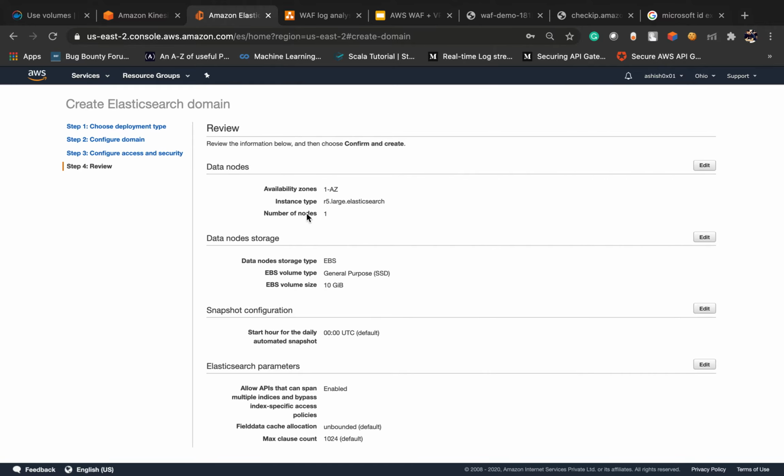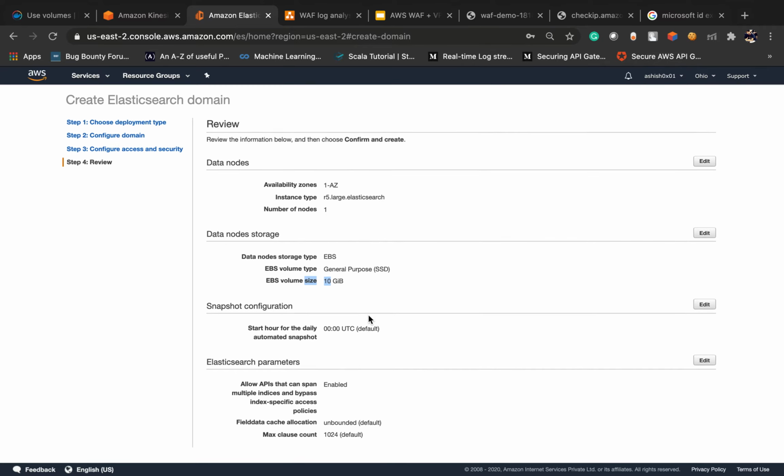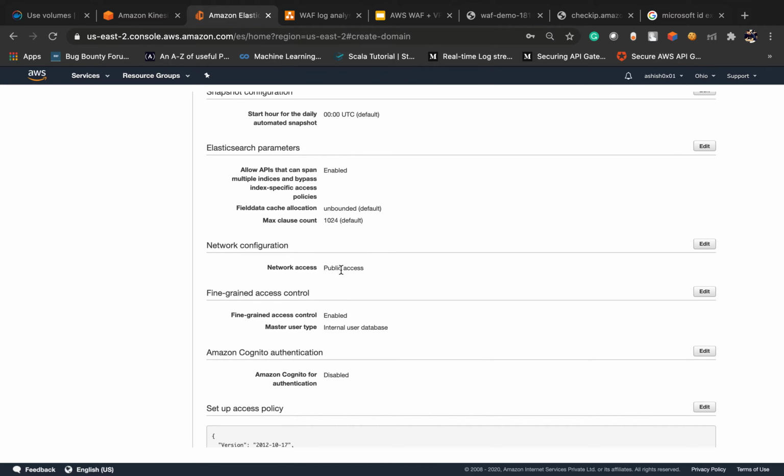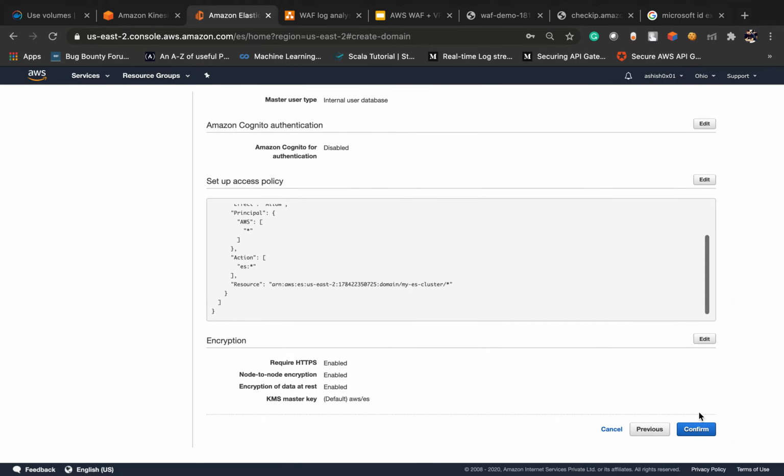you can review all this: we are taking instance type as R5.large Elasticsearch, the number of nodes is currently 1, the volume is 10 gigabytes, there is no snapshot, and the network configuration is public access. By using some DNS, we can access our Kibana dashboard publicly. After this, confirm.